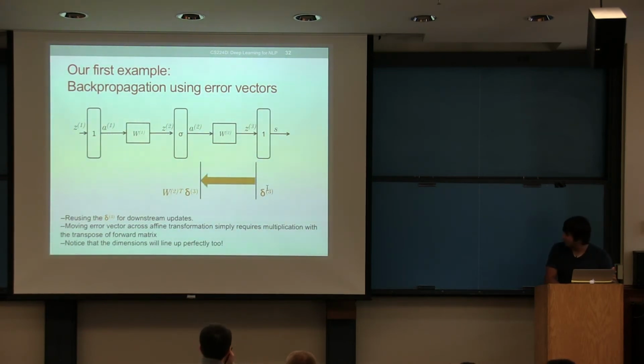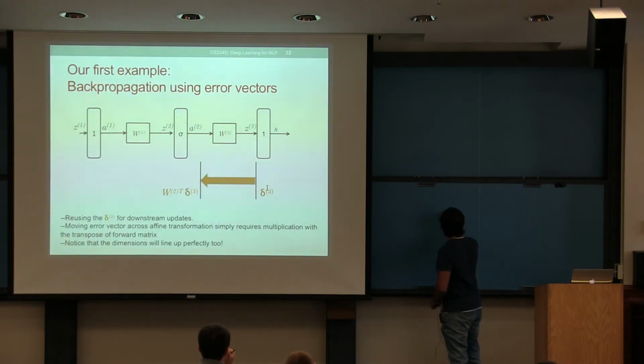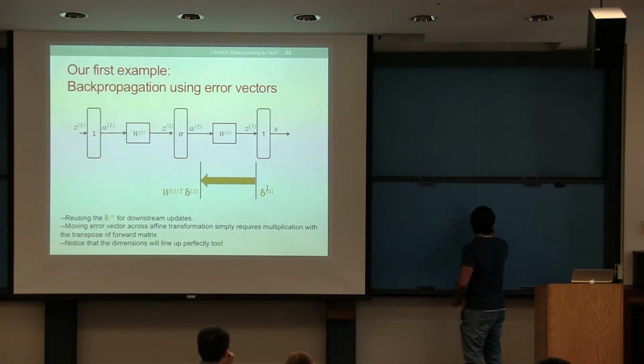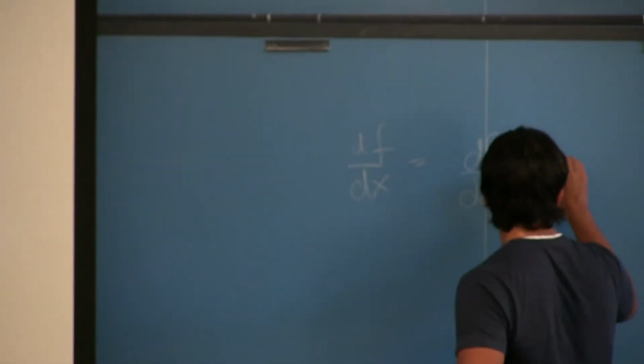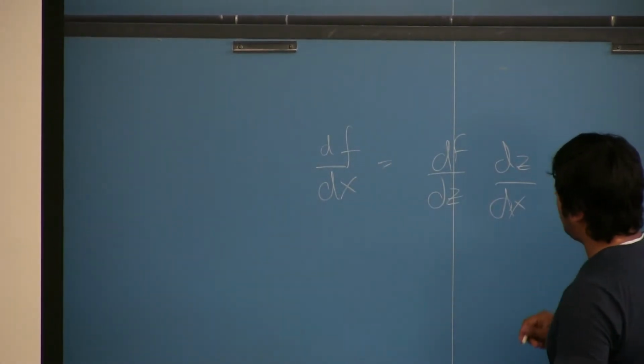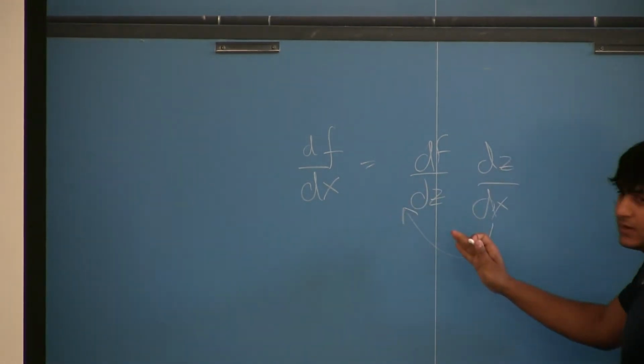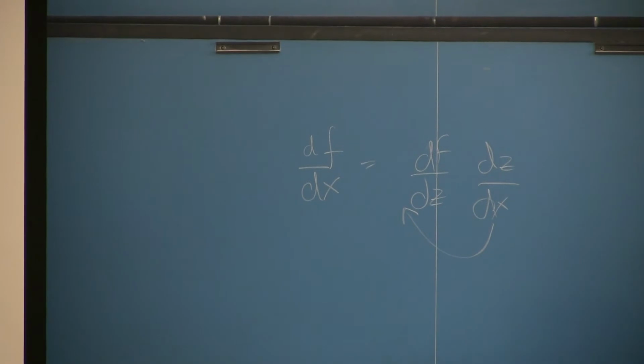One thing I want to point out is that when you typically do a gradient using chain rule, we write something like df dx as df dz, then dz dx. But when you're working with matrices, it's much more helpful to move the things that are coming in downstream to this side. It'll make your matrix math work out, and that's the reason we keep this W2 to the left of delta 3, W2 transpose to the left of delta 3.